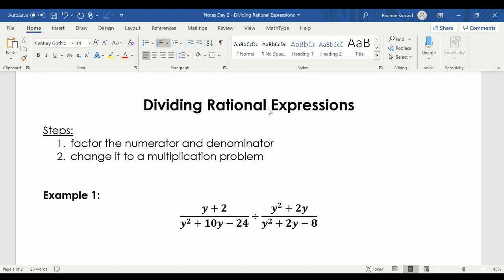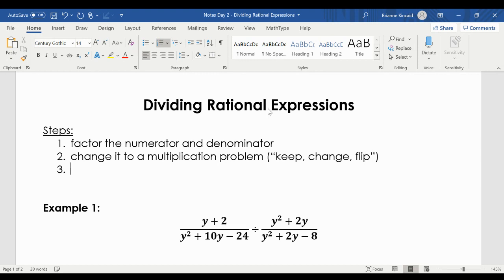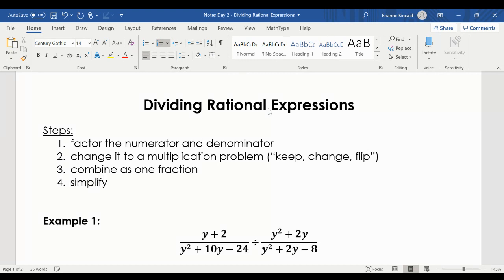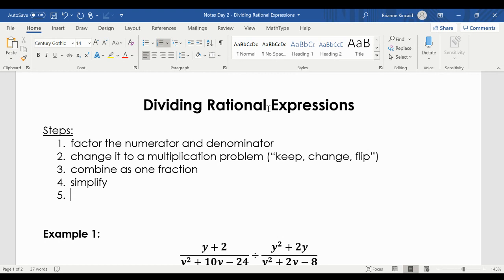When you are dividing by a fraction, basically you're multiplying by the reciprocal. What you're going to hear me say is keep, change, flip. Essentially multiplying by the reciprocal. From there, you treat it the exact same way. You combine as one fraction, you simplify, and then always, always, always remember,